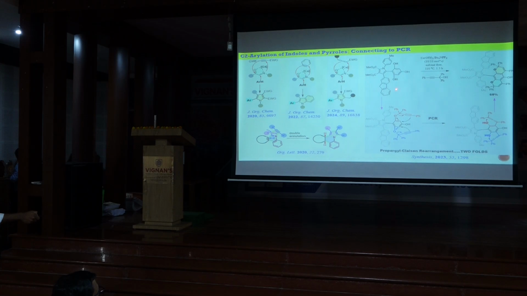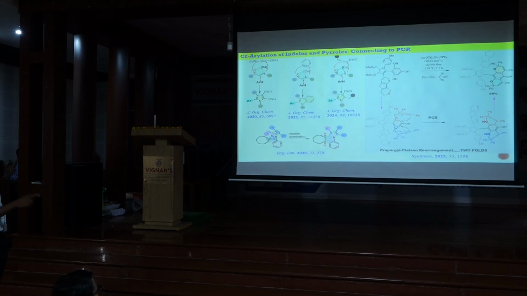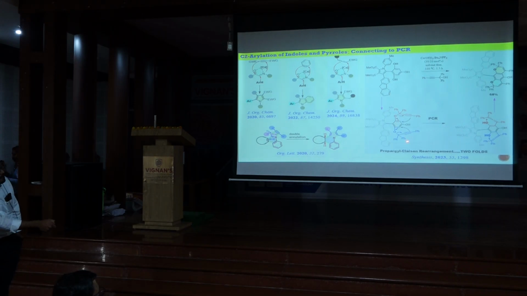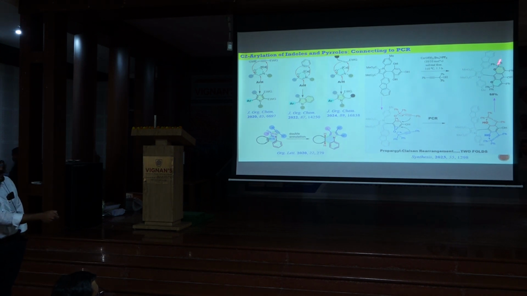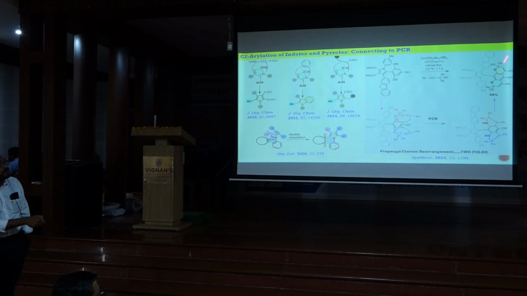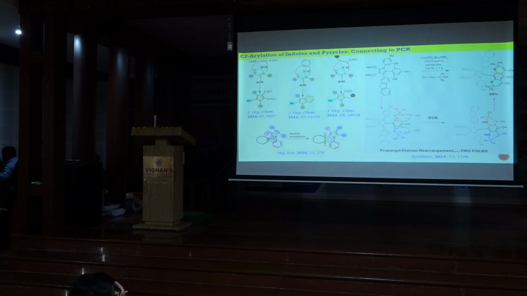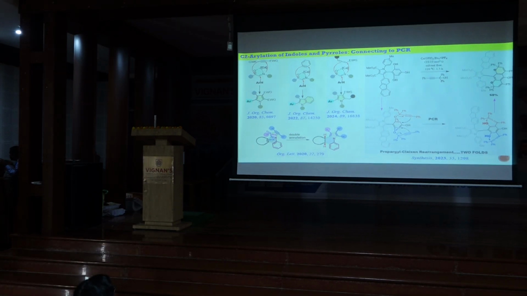trihydroxybenzene, phloroglucinol, now I see there are several hydroxy centers available. Therefore, if I add excess of propargyl alcohol, these systems can again undergo propargyl-Claisen rearrangement, as shown here. So excess of propargyl alcohol gave the bis-propargyl ethers, and that underwent again propargyl-Claisen rearrangement to give naphthopyrans, benzene fused with pyrans on both sides. Therefore, it's like a two-fold propargyl-Claisen rearrangement in a single pot.